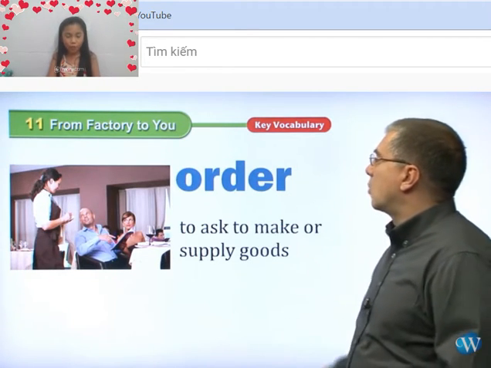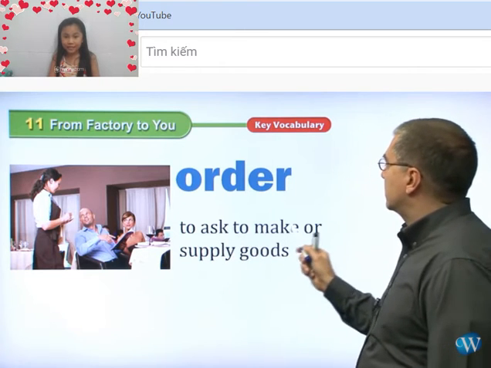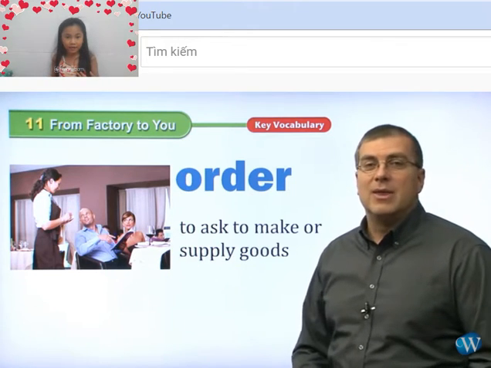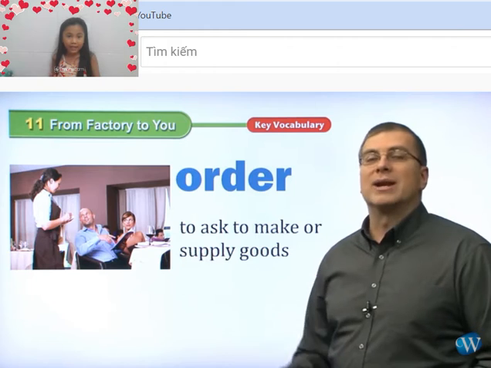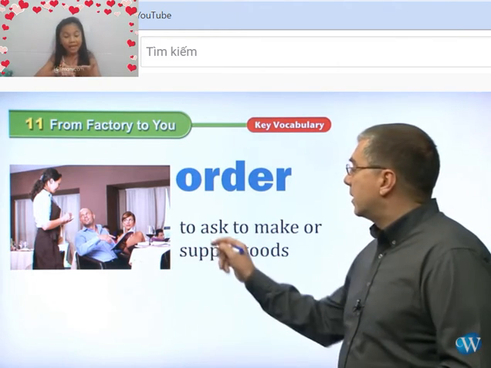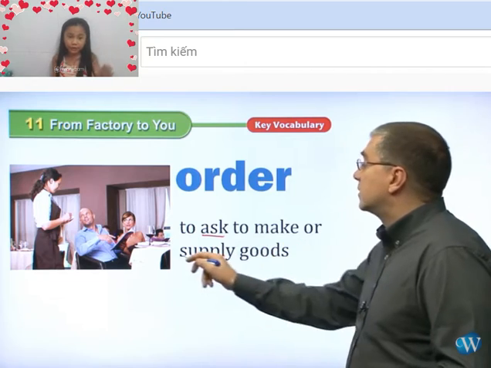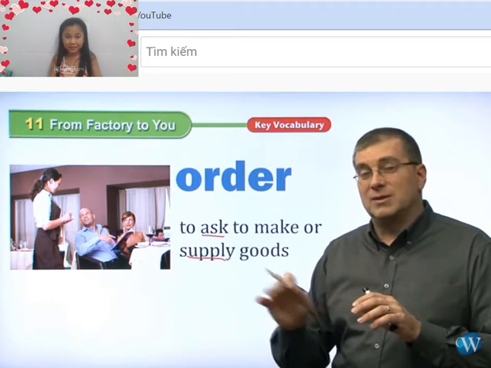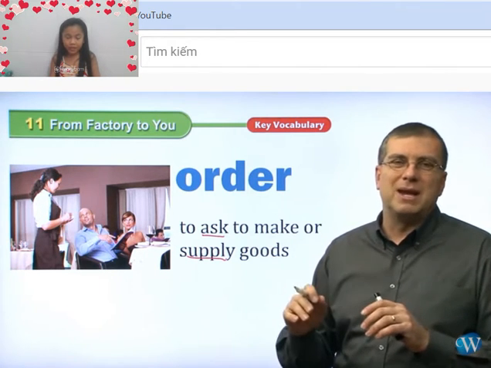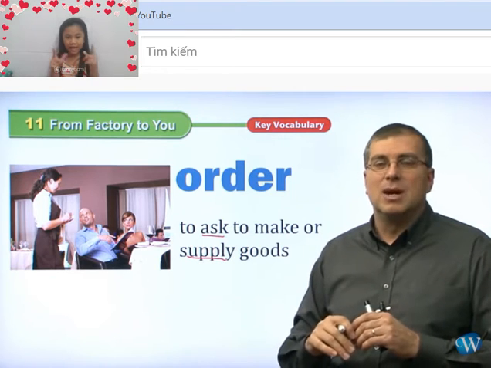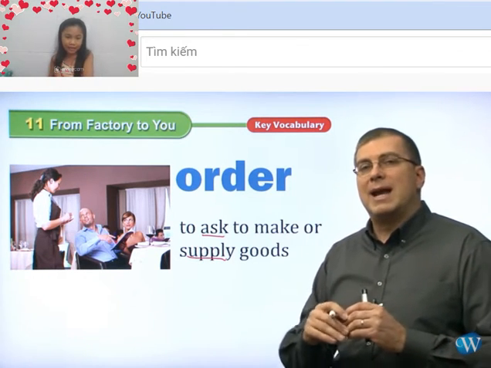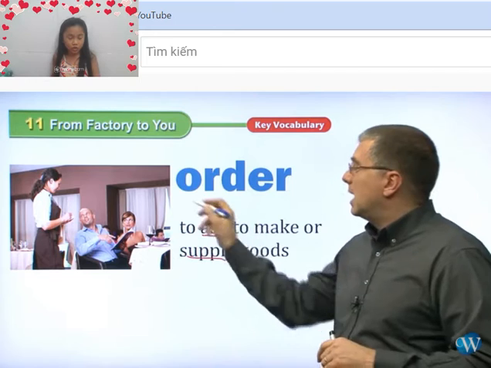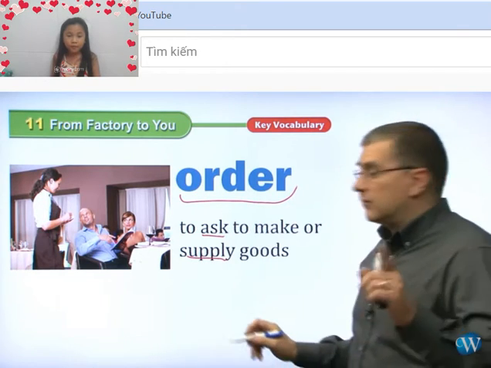The first word we have here is order. Order means to ask other people to make or do something, to supply goods. If you're ordering, hey, may I order pillows or noodles, then you're ordering face to face with the waiter or the waitress. But what if you're online? Maybe you would order it and then send a mail or a message to that place so that they can know, and can transport the goods from the factory to you.